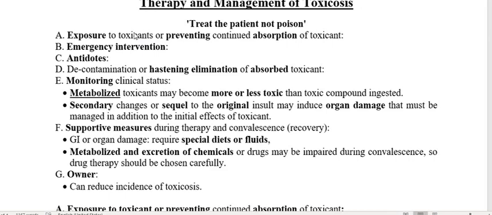Once the toxicant or poison gets absorbed, it reaches the systemic circulation. Once the toxicant reaches the systemic circulation, it is going to produce toxicity and you will find the toxic symptoms. When you find toxic symptoms, we have to go through emergency intervention, or if life-threatening symptoms are coming, then we are going to treat the patient according to the symptoms. Then next, third, is the antidote.